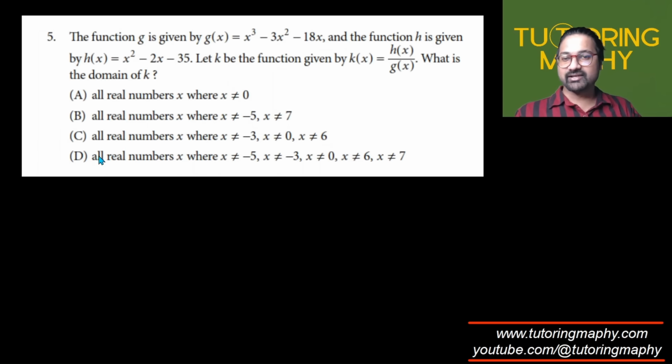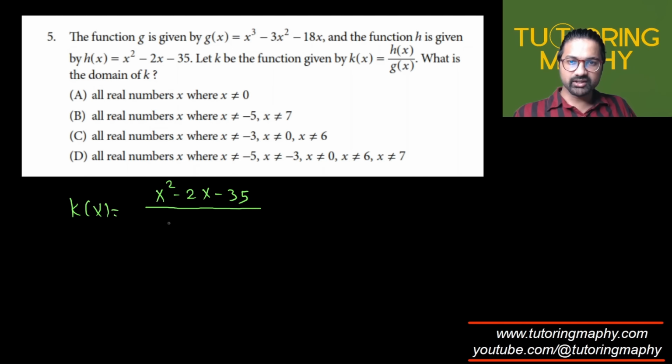All right, the last question which we have for this video is: the function g is given by g(x), a cubic function, and the function h is given by a quadratic function, and k is a function which is this. So what is the domain of k? This is a very straightforward question, because k is a rational function, right? It's just a ratio of the polynomials. H is a quadratic, which is x squared minus 2x minus 35, and g is x cubed minus 3x